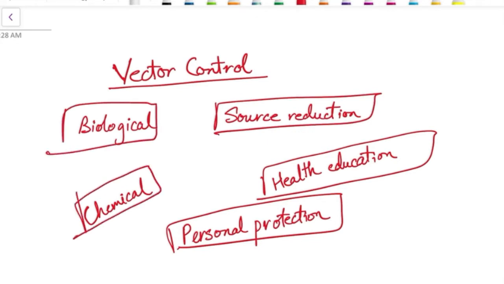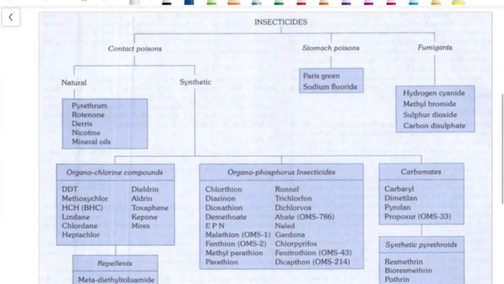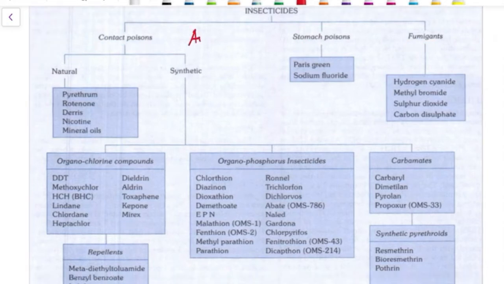In chemical control, we can use two types of chemicals. They can be larvicides or adulticides. Talking about chemical control of vectors, we will discuss insecticides. Insecticides are contact poisons, stomach poisons, and fumigants. And talking about anti-larval measures, we can use